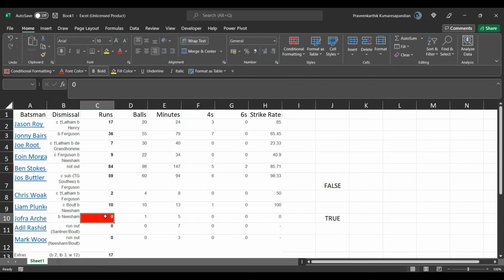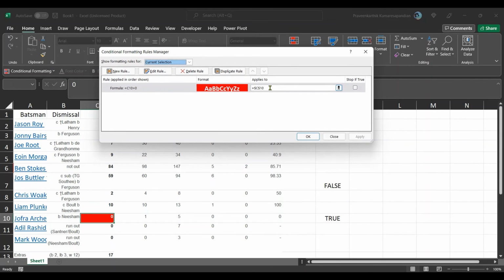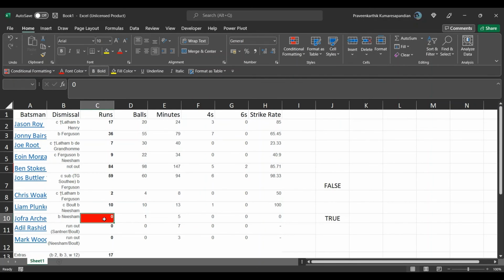Now we have written a simple formula on one single cell. Let's look into the manage rules option again. This conditional formatting is currently applicable only to one particular cell, C10, and the formula is also written for C10, which checks if the value is 0 and then applies red color. What happens if the value changes to non-zero? Let's try that. Now it becomes normal like any other cell. Now let's convert this back to 0 again. It turned back to red color.